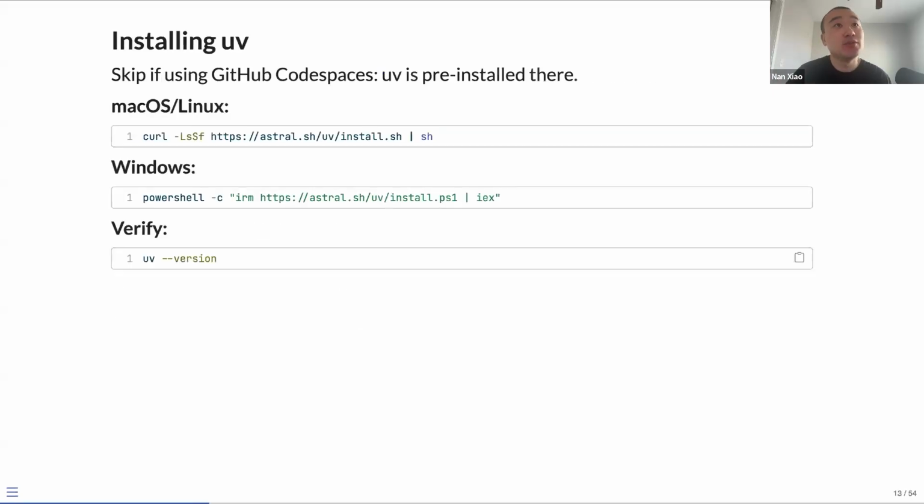And if you want to install UV, this is how you can install it. We have a link in the book chapter you can click. That's the copy; this is all copied from the official installation commands. But maybe you need some special kind of admin privileges to install things, so just be mindful of that. And just to be clear, our GitHub Codespaces already has UV pre-installed, so you don't have to do that in the Codespaces there.